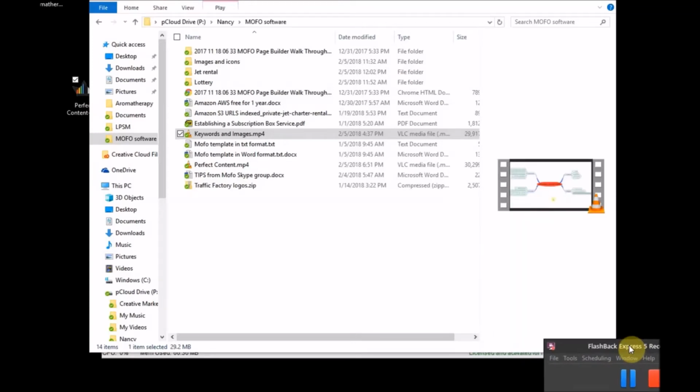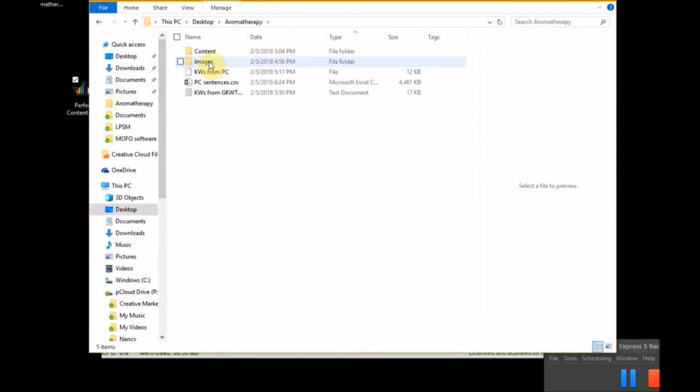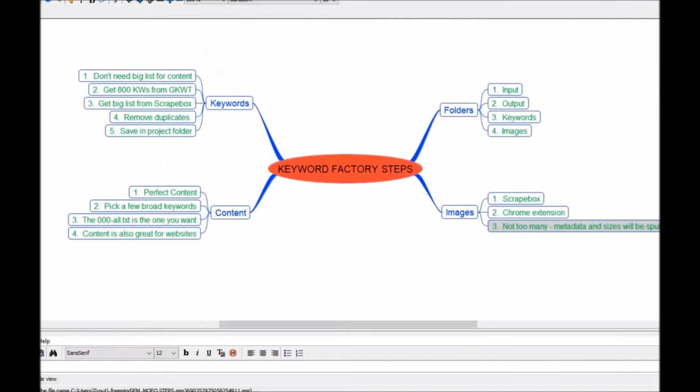Hey, I'm making this video for me and for everyone that wants to learn how to run Traffic Factory and all the stuff that leads up to running Traffic Factory, which you do have to get a few things together, and that was really a time waster for me, so I'm putting it all together in kind of a list format slash mind map format,